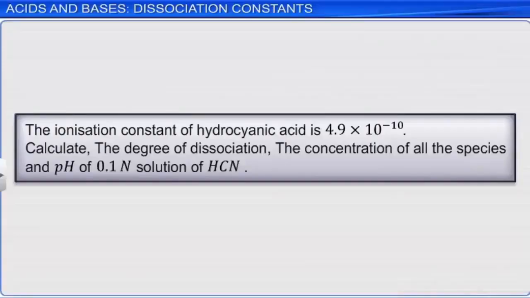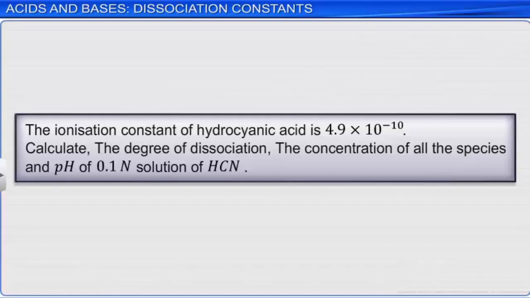This problem will help you understand the steps to calculate the degree of ionization, equilibrium concentrations, and pH of a solution when the initial concentration and dissociation constant of the acid are known. The ionization constant of hydrocyanic acid is 4.9 multiplied by 10 raised to the power minus 10. Calculate the degree of dissociation, the concentration of all the species, and the pH of a decinormal solution of hydrocyanic